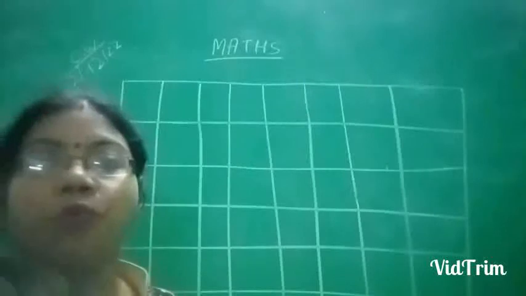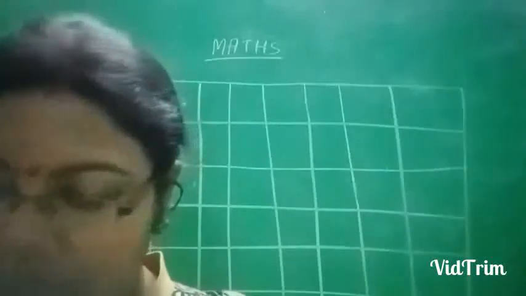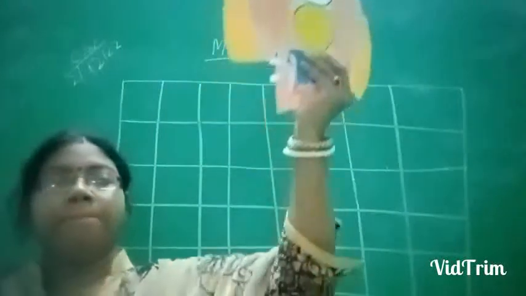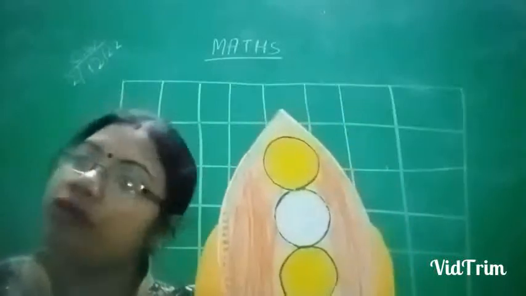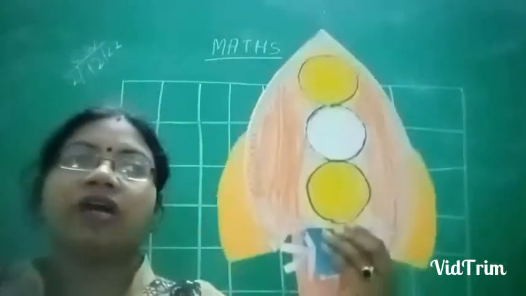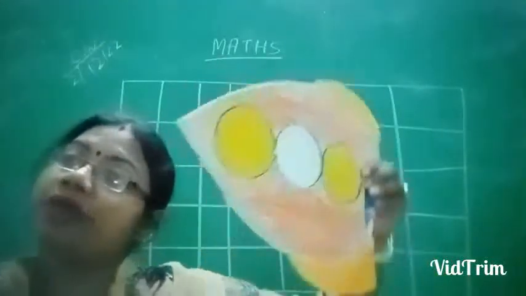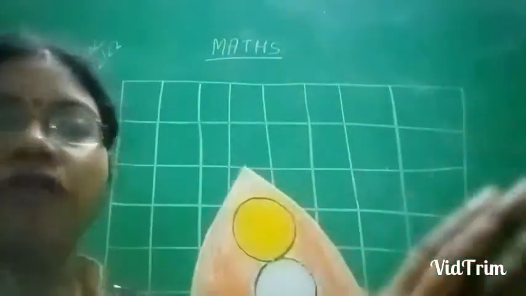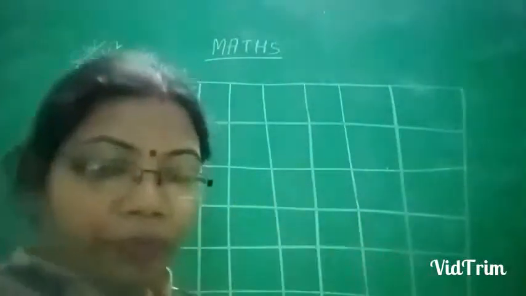In today's maths class, we will discuss backward counting, because we will practice backward counting more and more. I have shown you this rocket in class. It will go up. When we count the numbers going up, that is forward counting. Then when you are coming down, it is backward. So I will not count forward today. I will only count backward, because you were confused. Okay, we will start.